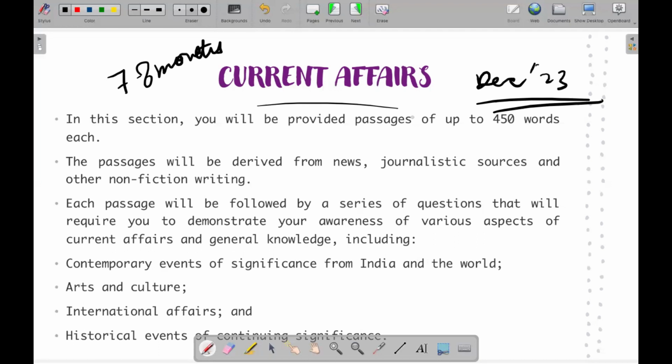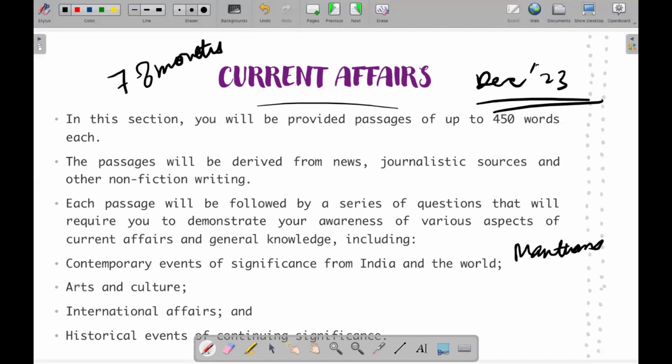All right. How do you prepare for it? Obviously, the old school way is read the newspapers. But other than that, get one solid material. Like, for instance, our students, they refer to these PDFs called monthlies, and they read them and they get like a monthly update. It's a very comprehensive compilation of whatever is happening in and around the world, and the students basically can directly refer to this PDF and revise it over and over again.